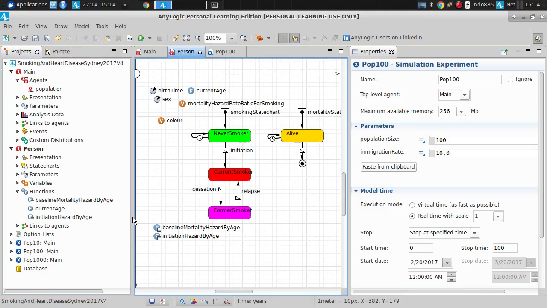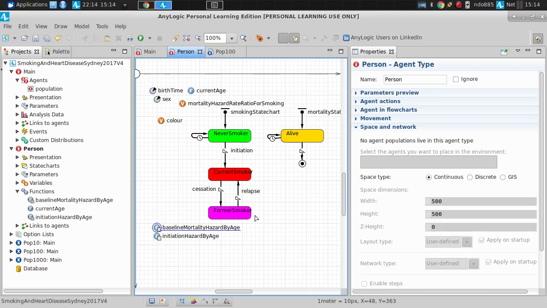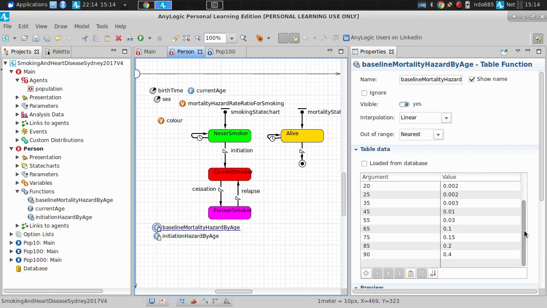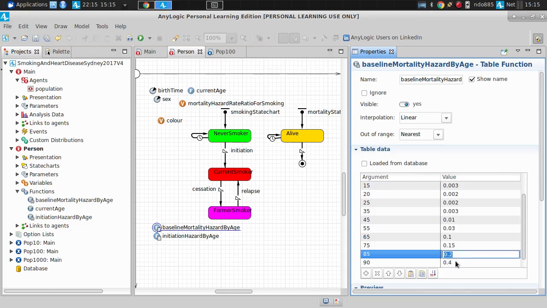This is odd because our baseline mortality hazard by age indicates an extremely high yearly mortality hazard for the oldest age groups. Those who are age 90 or older are subject to a hazard rate, a chance per year of dying, of 0.4, implying that they would live 2.5 years on average